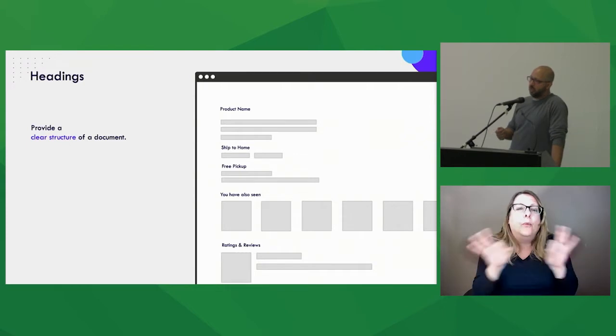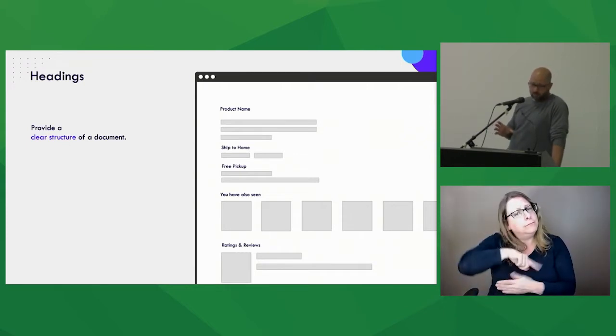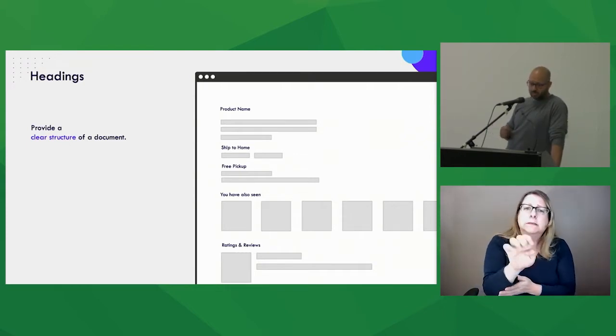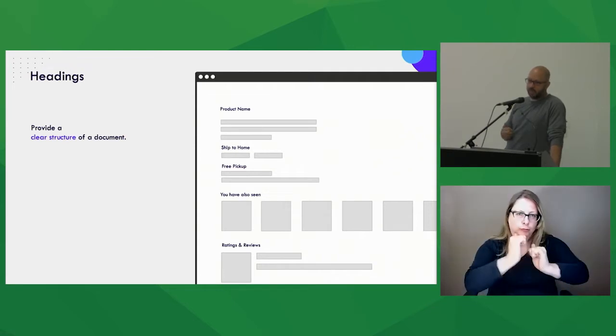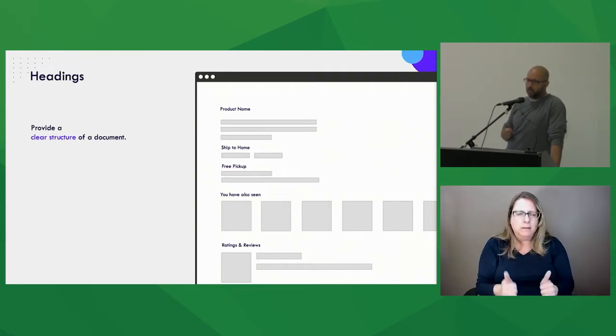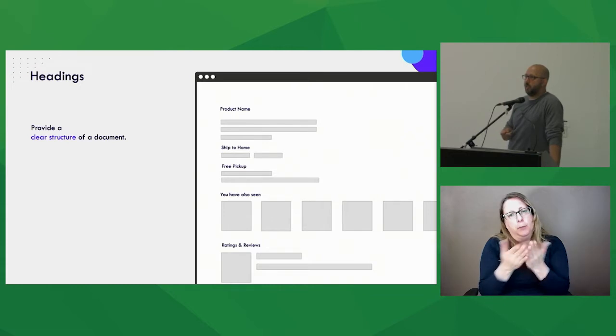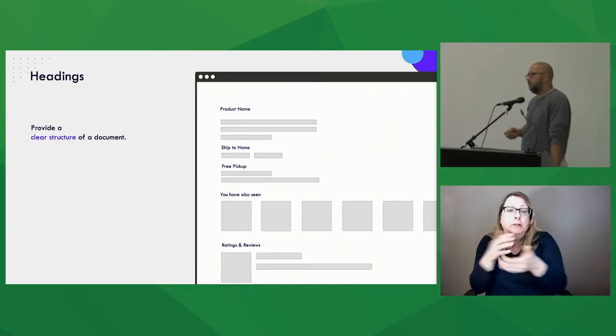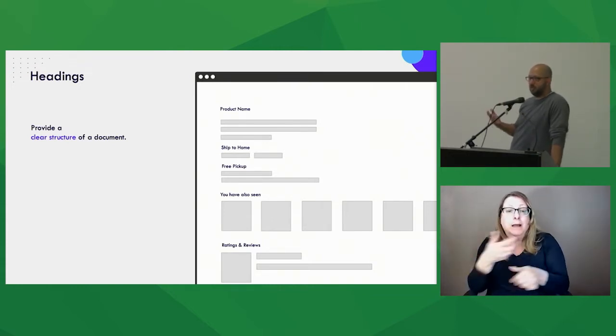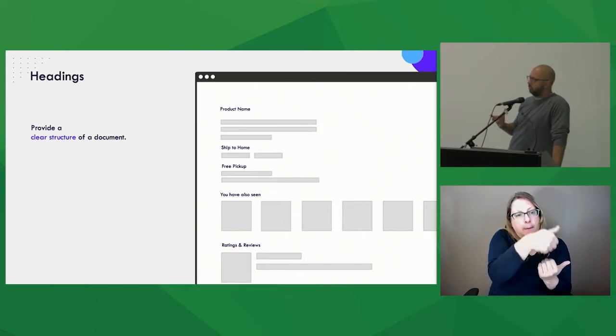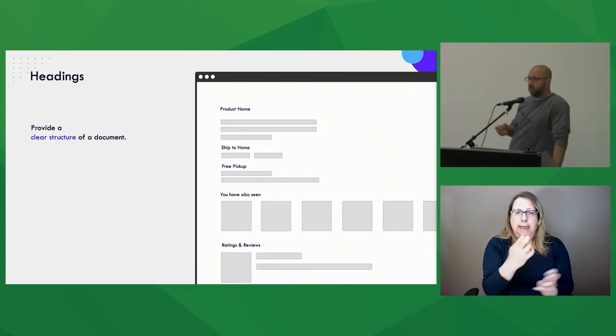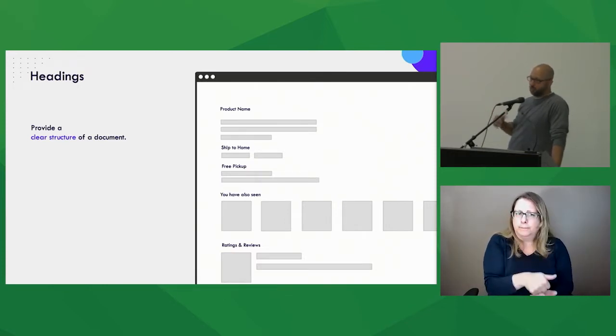The next one is important: headings, right? When we design a website, we should provide a clear structure of the document. So imagine you're reading a book, right? A book has organization, chapters. Within the chapters, we have, I will call them sub-chapters, and typically they have headings, and each of those headings has